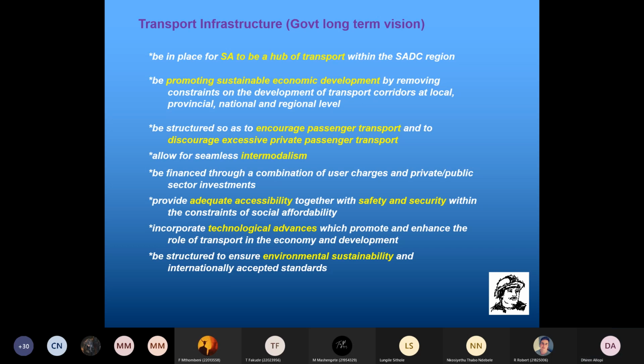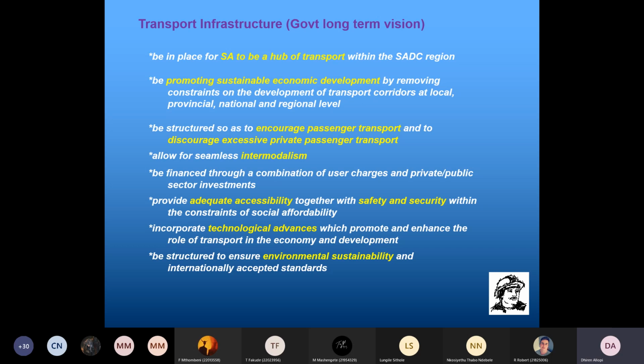Do a little observation, a little survey. See how many vehicles on the road have just one occupant, the driver. And therefore, you will find that in some areas, in terms of traffic management techniques, they've adopted the principle of HOV, high occupancy vehicle lanes. So you're only allowed to use that lane if you have more than maybe 2 or more than 3 occupants in the vehicle. Otherwise, you join the congestion on the other lanes. Okay. So you can see some of the long-term goals: seamless intermodalism from one mode to another,